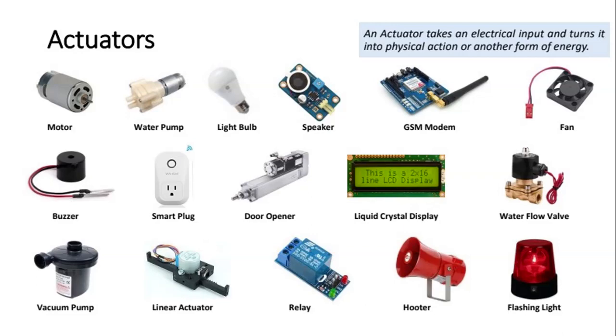Now we have more components. We can say actuators and sensors. As we already discussed, the definition of an actuator is a device which has an electrical input and turns it into a physical action. For example, a motor takes an electrical input and converts it into motion, and a speaker takes an electrical input and converts it into sound. These are the most important components when we deal with or design